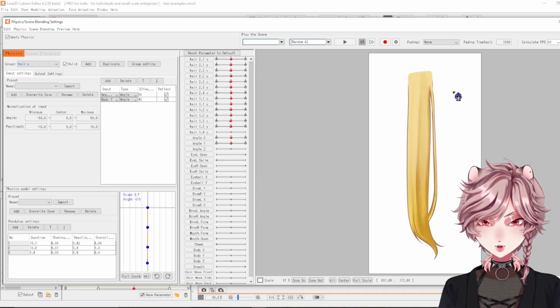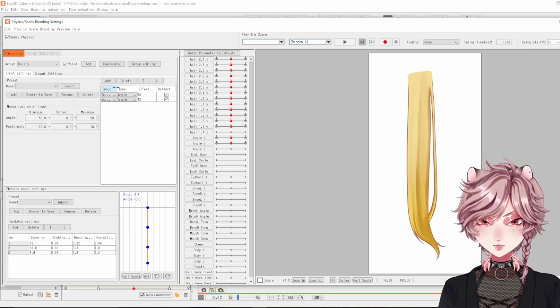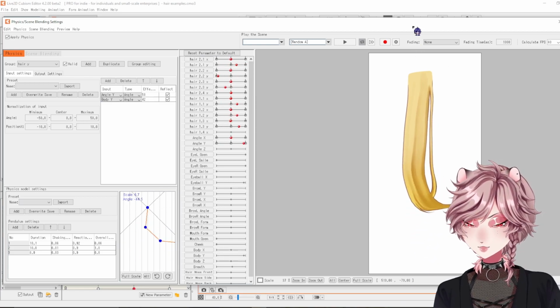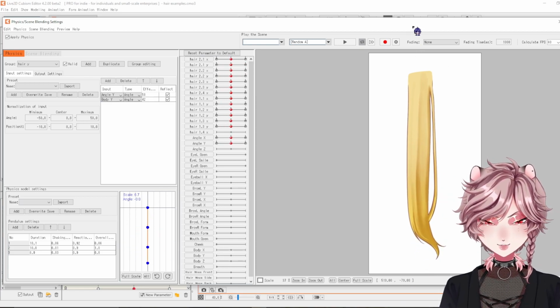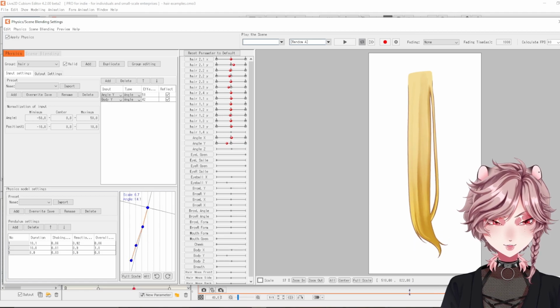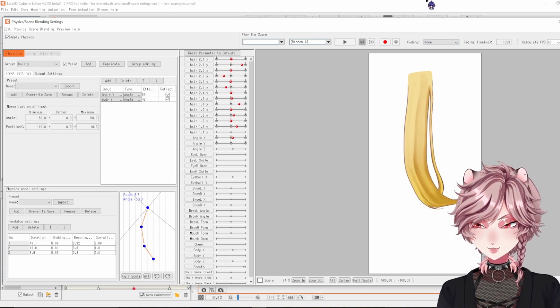I'll show you Y angle. So angle Y and body Y are the inputs. You could honestly just put angle Y because body Y is affected by angle Y. So effectively, even if you didn't have body Y in here, your hair will be affected by body Y because body Y is affected by angle Y. I hope that didn't confuse anyone. So